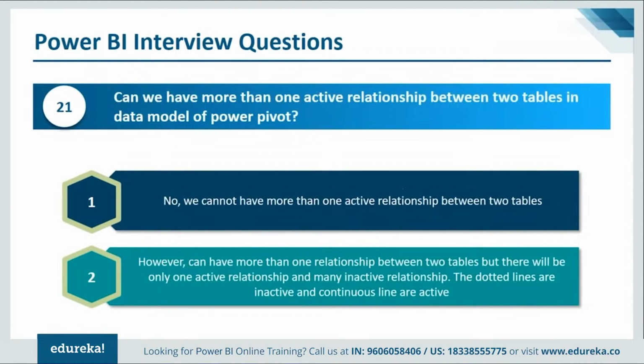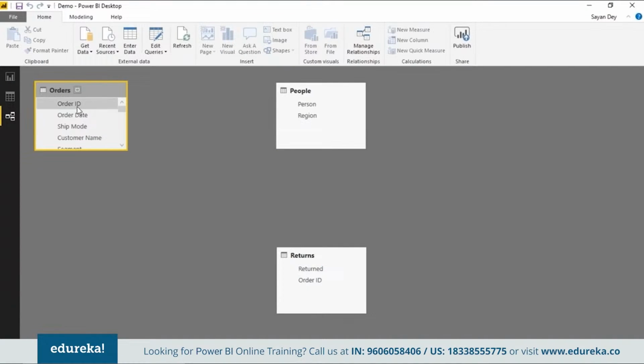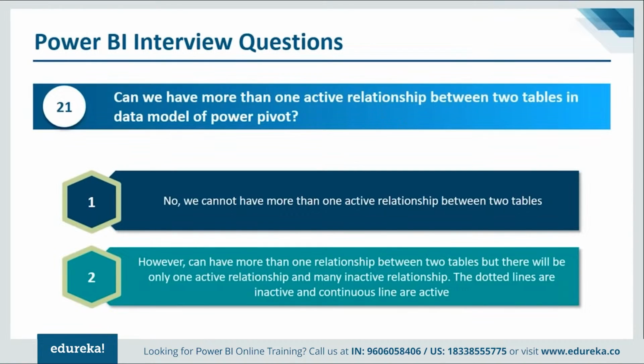Relationships, obviously, there's an option that you can set. You can either have one active relationship, or you can have multiple relationships. Obviously, if you go to the relationship types here, one very, very common use case of this will be order dates, the date thing. Okay, you can have order date, ship date, due date, and a very, very common use case of this is especially if you're dealing with role-playing dimensions. And this is a very, very common scenario that you should mention. Role-playing dimensions is a term that you should mention, where you can only have one active relationship. Okay, very important that you mention that, guys. With a role-playing dimension, you can only have one active relationship.